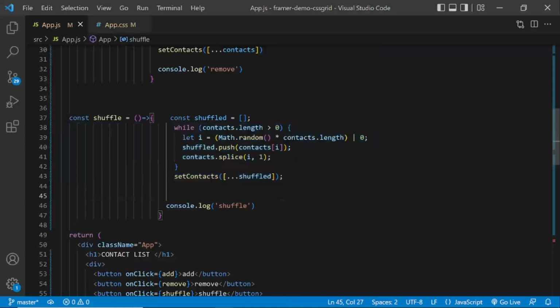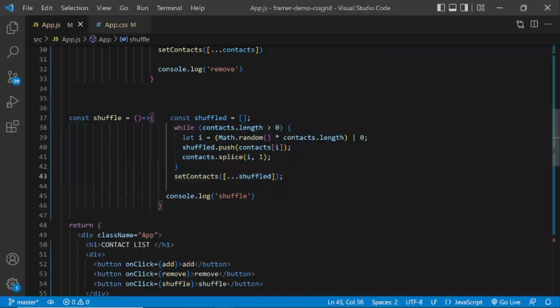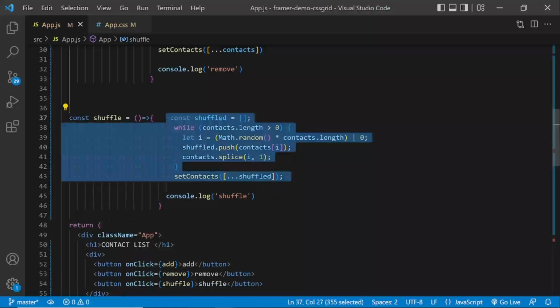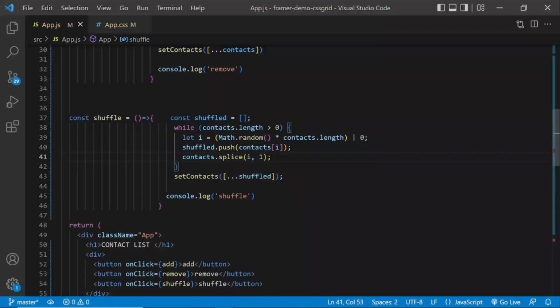Okay, so this is the new piece of code that I've just pasted in. I'm just going to quickly go through this because I'm not going to spend too much time. What it's doing is getting the contacts and copying them onto another shuffled array, and then setting the contacts state to the new shuffled array. In this line, I'm creating a shuffled constant, which is an empty array, and then I've got a while loop.